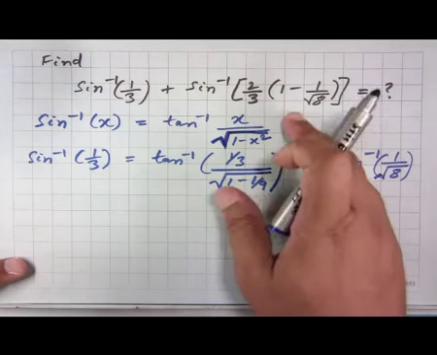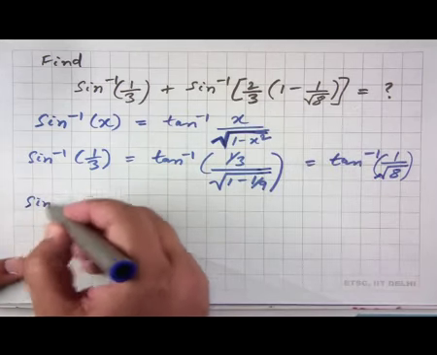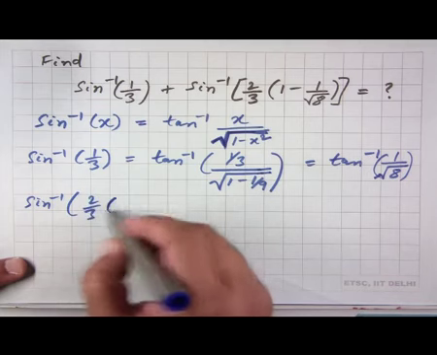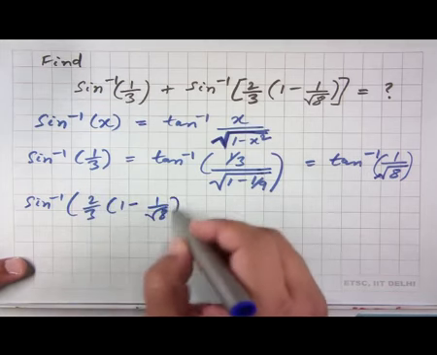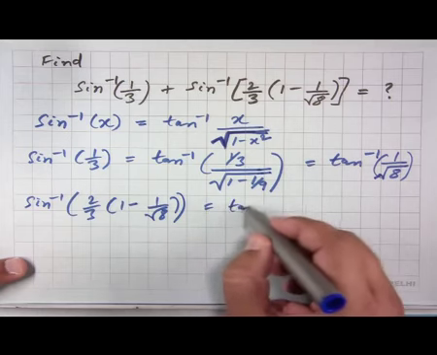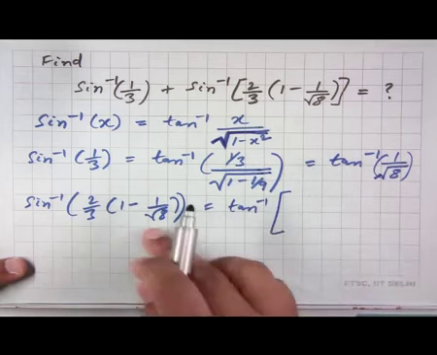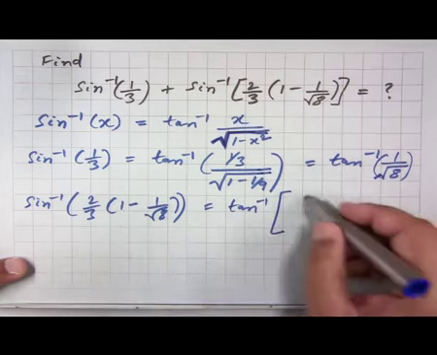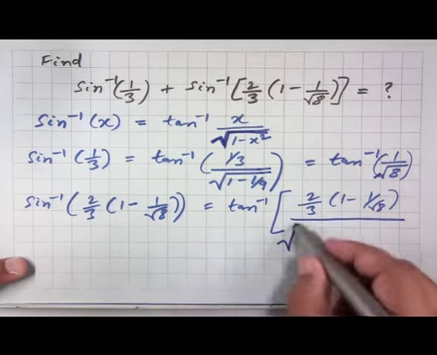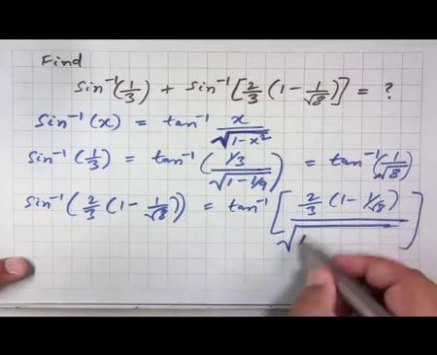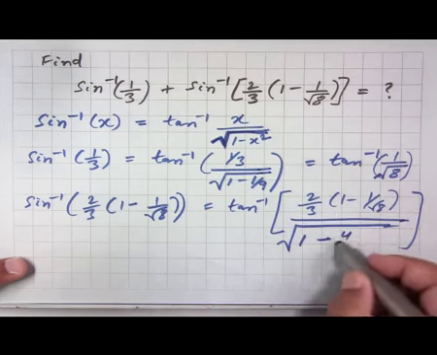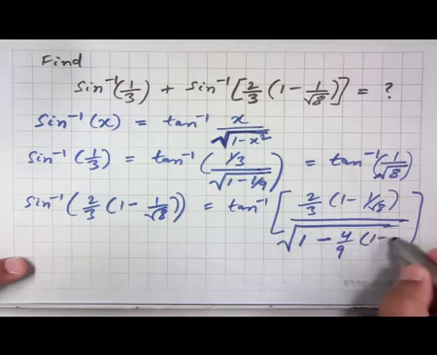And similarly for the other term also, we can write that sine inverse of 2 by 3 times 1 minus 1 over square root of 8 equals tan inverse of, so this is x, 2 by 3 times 1 minus 1 over square root of 8 divided by the positive square root of 1 minus the square of this thing, which will be 4 by 9 times 1 minus 1 by square root of 8 whole square, and that can be simplified to tan inverse